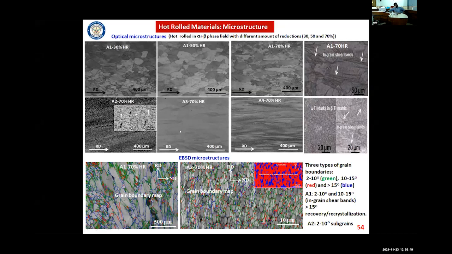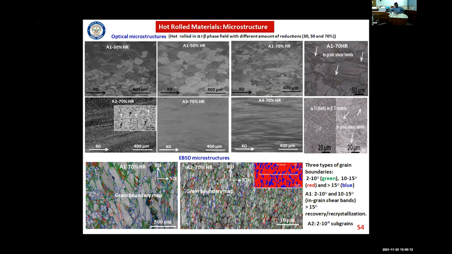And in A3 we can see the elongated grains, and in A4, at high magnification, it is exhibiting a combination of the microstructure of LiA1, where you can see the Indian shear band kind of thing, and also very fine alpha precipitates which are observed in the case of LiA2. So actually, it is the EBSD-based microstructure analysis for LiA1 and A2, which are